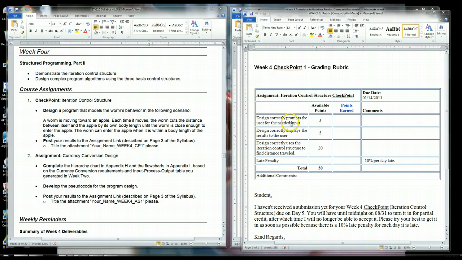First is you need to correctly prompt the user for the needed input. That's what I was just talking about. What input is required for this? And we'll talk about that. You need to correctly display the result to the user once you've iterated over the number of times the worm has crawled. You need to basically say it took the worm X number of times to get to the